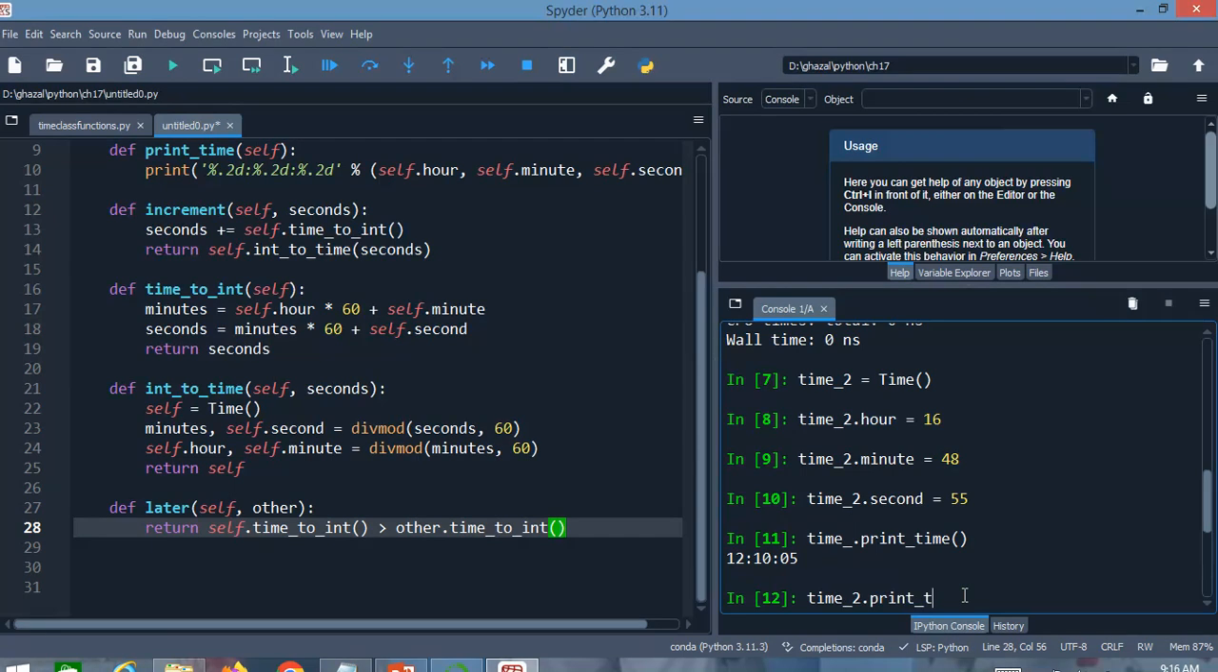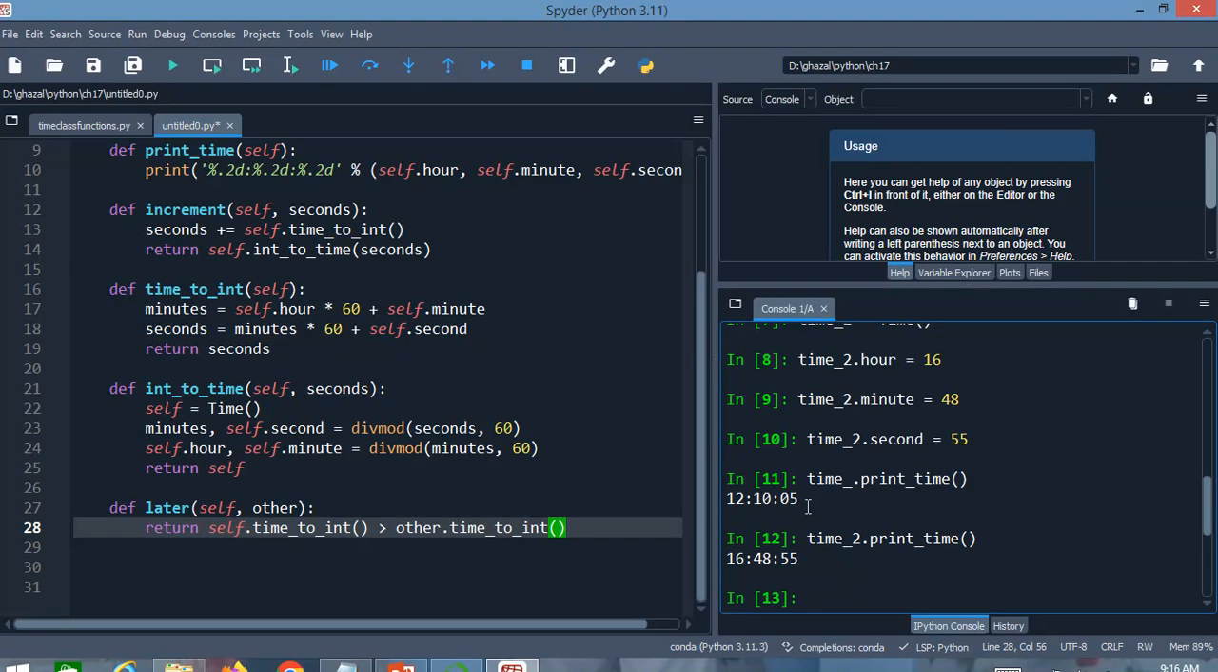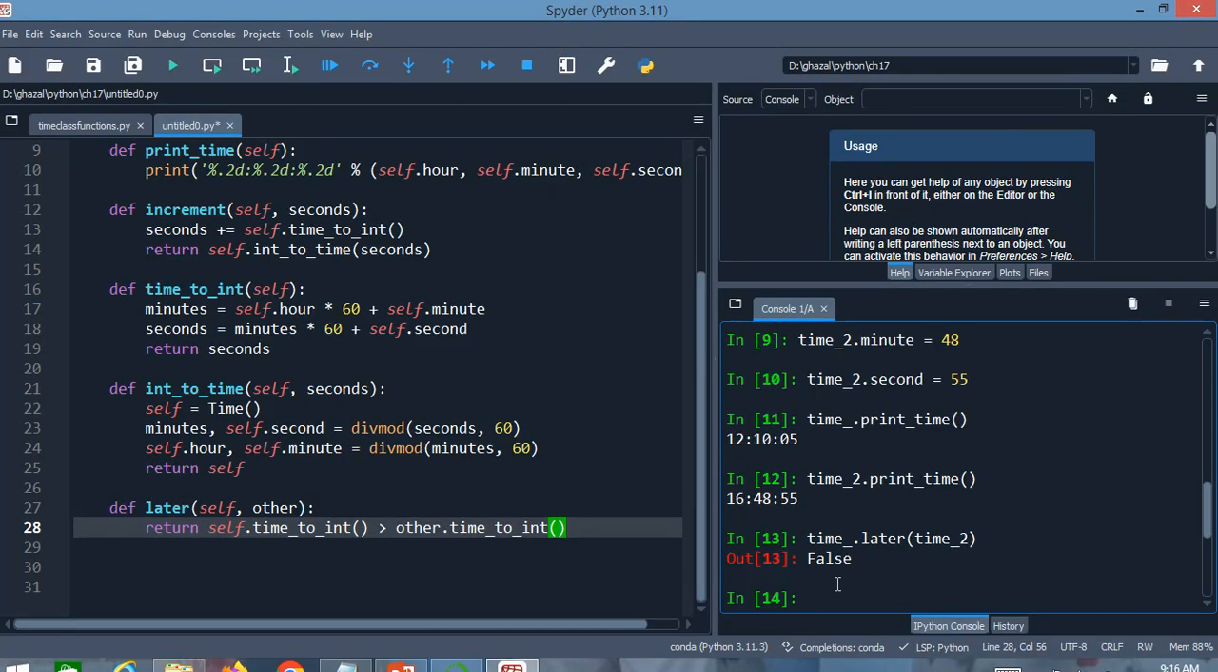This is time, and let's see the time 2, and you can see these are time. This is time 1, this is time actually, and this is time 2. Now let's apply the later function on time 2, and you can see this is false because time is not greater than time 2. So you can see that the later method is working correctly. In this way,